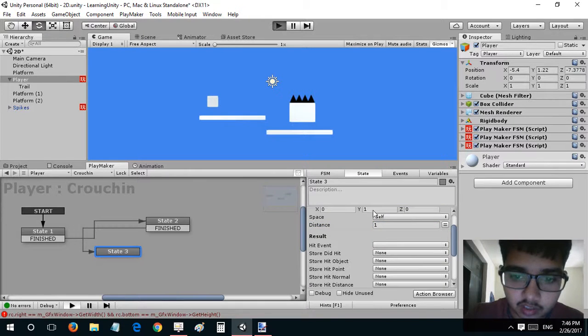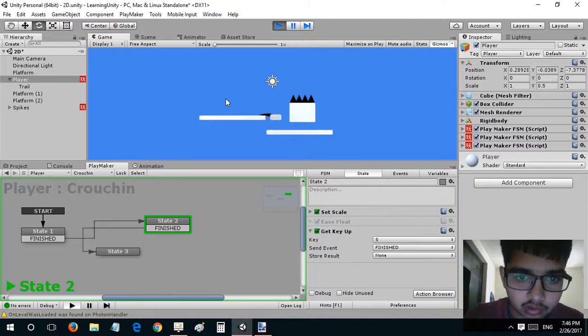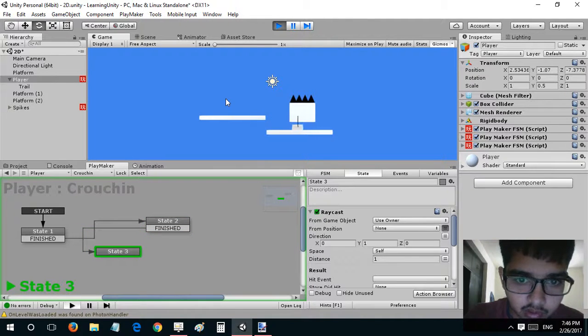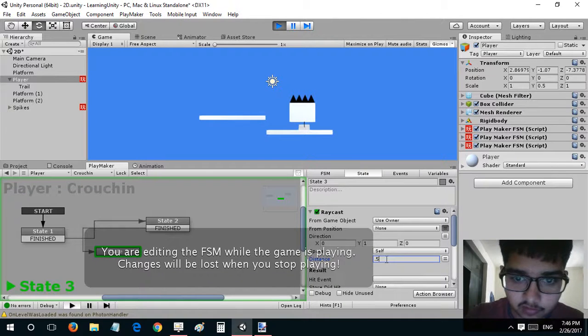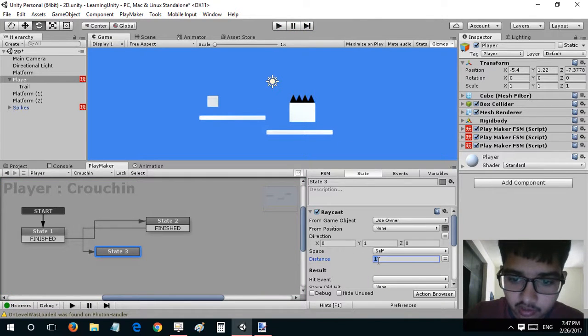So let's keep that 1 and just try. Okay, you can see that the line is the raycast. So we would check whether an object is hitting it or not. So let's say 0.5 or 0.8, and let's remove it, and